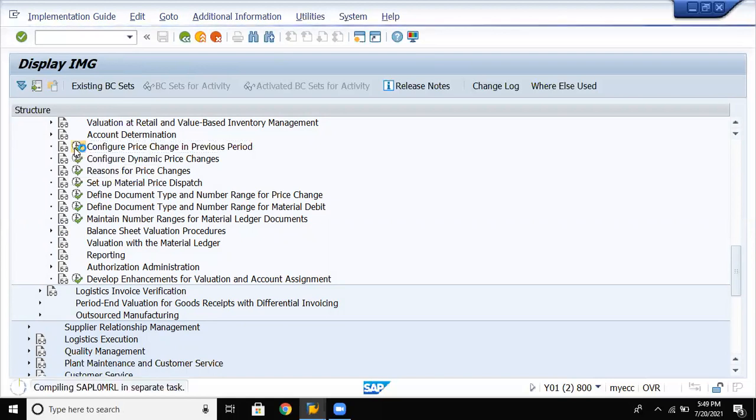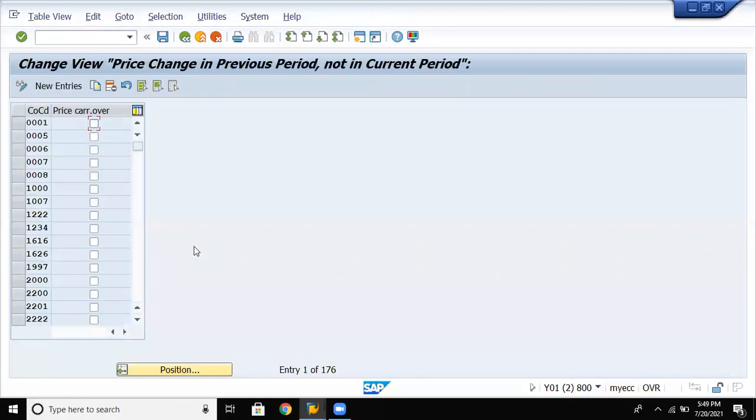Click on activate, click on IMG activity. Click on position.